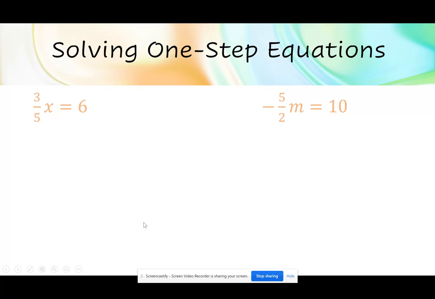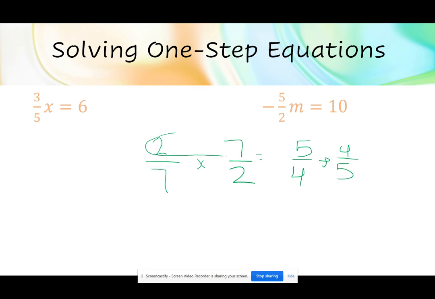Now, as I talked about, we do have fractions. To get rid of a fraction, you multiply by the reciprocal. A reciprocal is just flipping it. So for example, 2 over 7, the reciprocal is 7 over 2. 5 over 4, the reciprocal is 4 over 5. So when you multiply by this reciprocal,